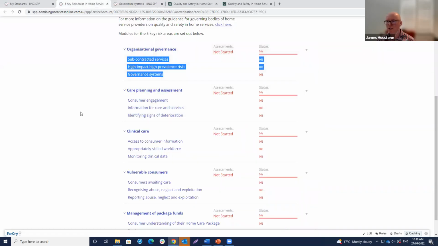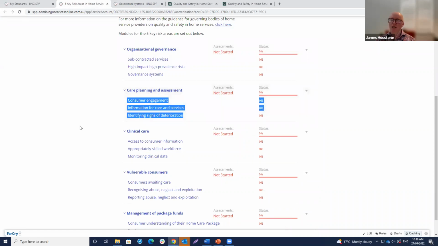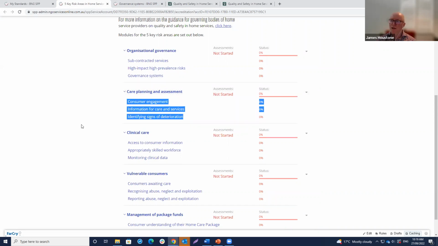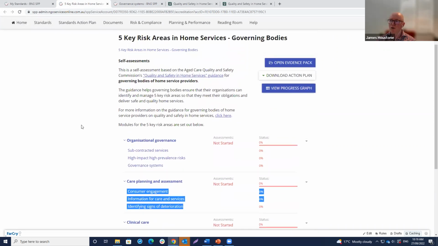You might decide in one session we're just going to work through the organisational governance reflective questions. In the next session, you're going to work through the care planning and assessment questions. And then on the back of all the work that you complete, you can generate some summary reports.